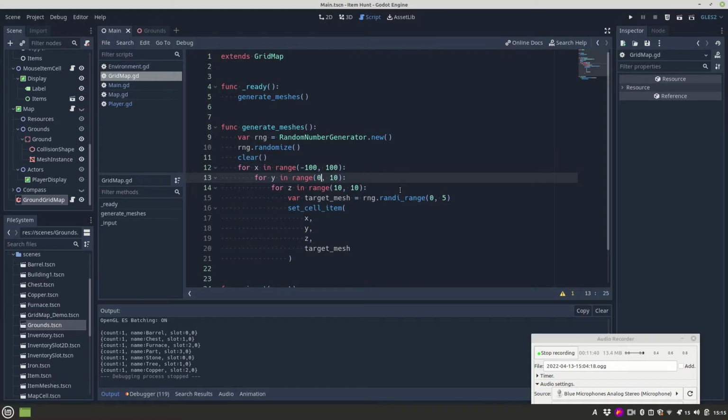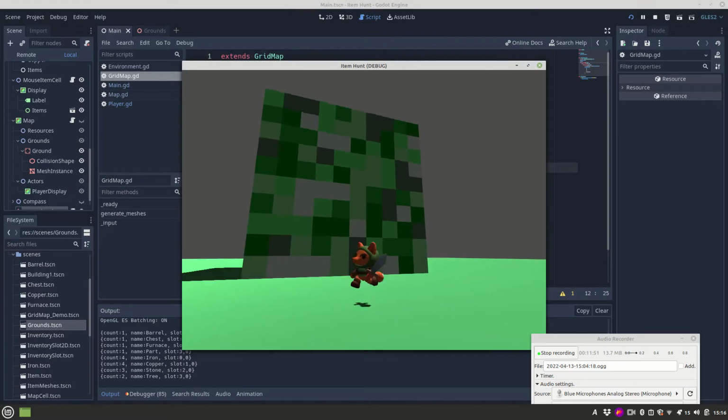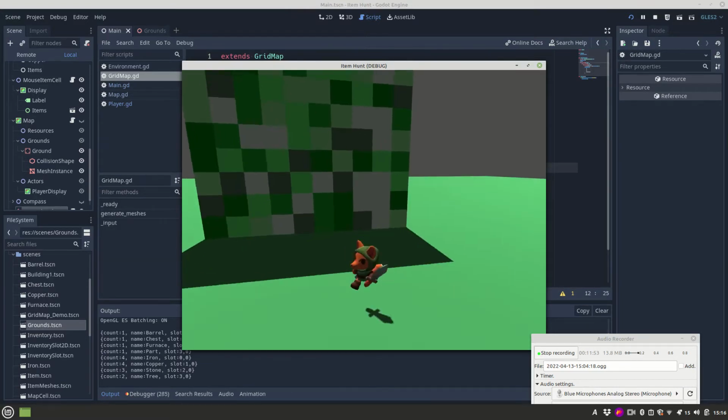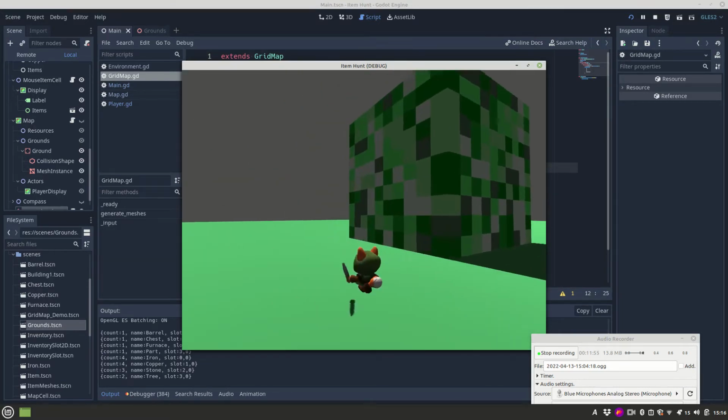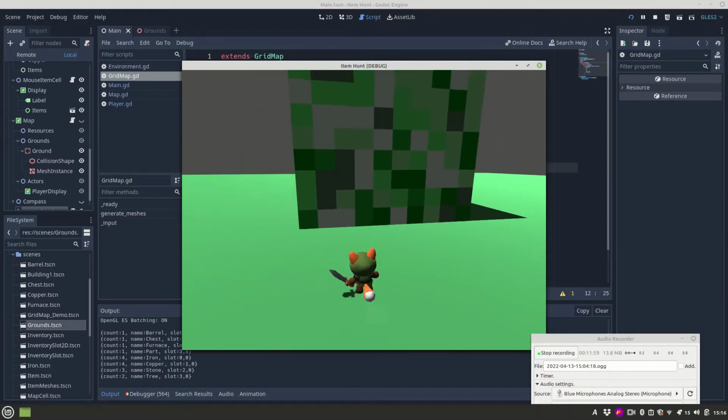So let's do 0 to 10 on Y, 0 to 10 on Z, and 0 to 10 on X. That should give us a cube. And there's our cube. So this is kind of my idea, is to use the grid to generate different physical